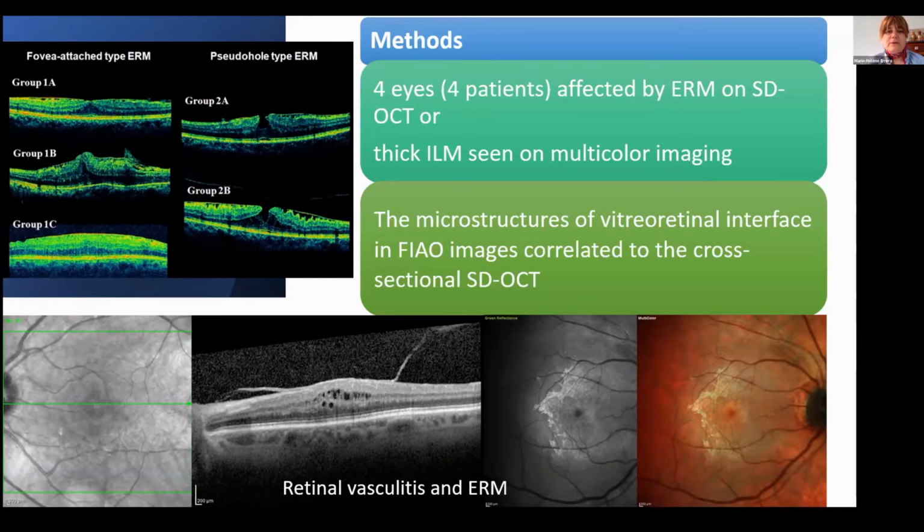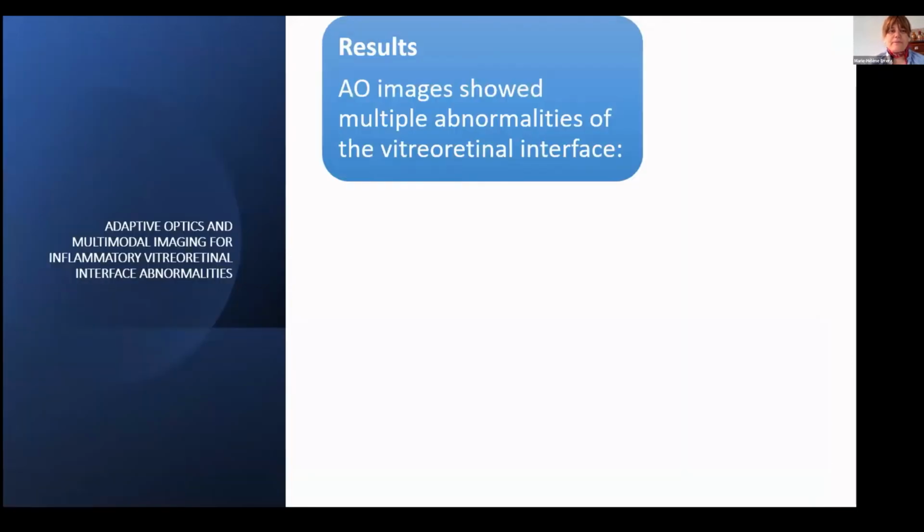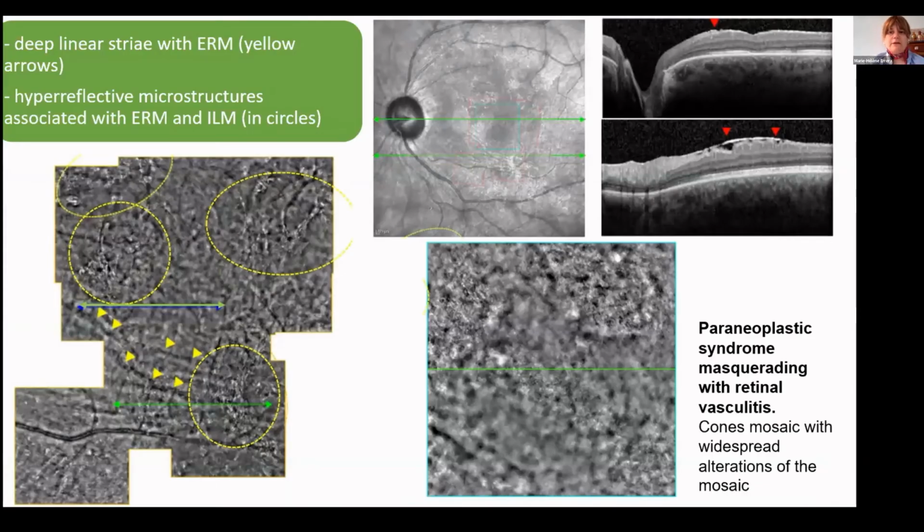So the microstructure of the vitreoretinal interface seen on adaptive optics was correlated to the cross-sectional OCT, optical coherence tomography picture. So the result: on adaptive optics images, we show multiple abnormalities of the retinal interface. In that patient with paraneoplastic syndrome, which is a masquerade syndrome, the melanoma is responsible for the paraneoplastic syndrome, and we see it mimics retinal vasculitis. We saw deep linear striae